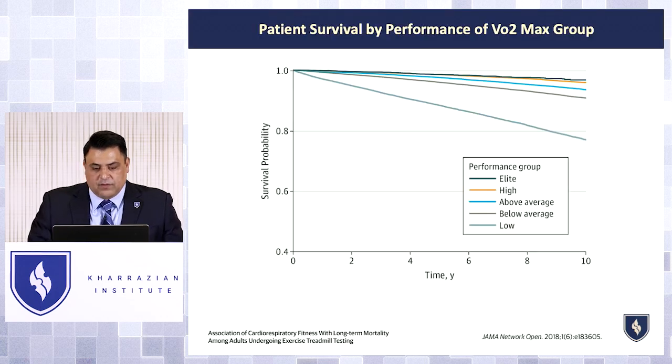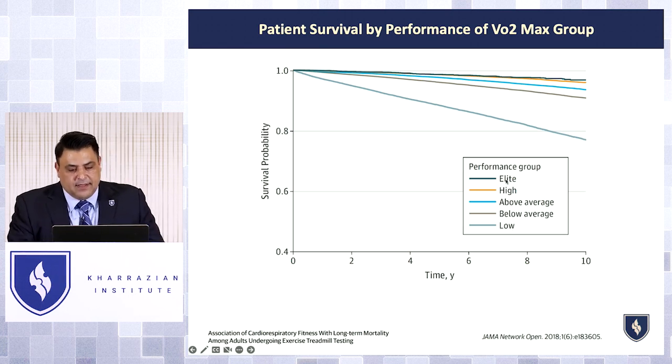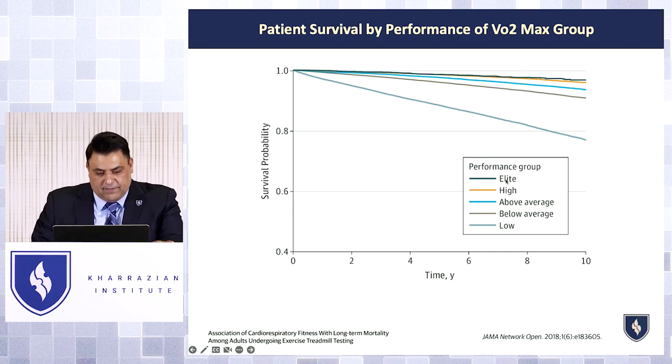So if you look at the results, here you can see VO2 max broken down into these groups that they classify as low, below average, above average, high, and elite. And if your cardiovascular fitness is really low, then your survival probability goes down. But even below average is much better than no exercise and activity. Just think of below average as sedentary, they can't do anything, and they typically want to avoid exercise all the time. But once they get a little bit of activity, their survivability goes dramatically up.